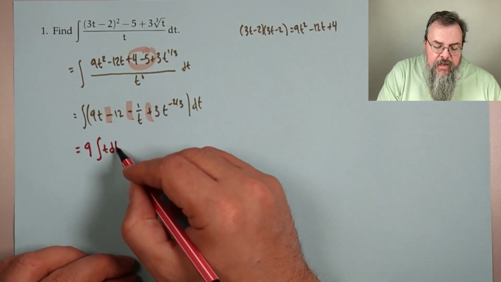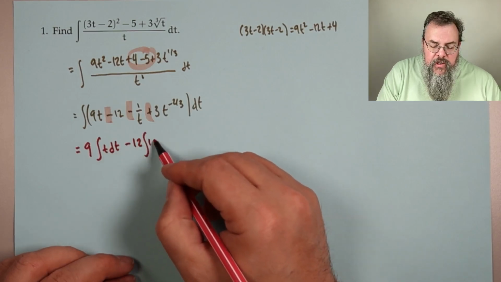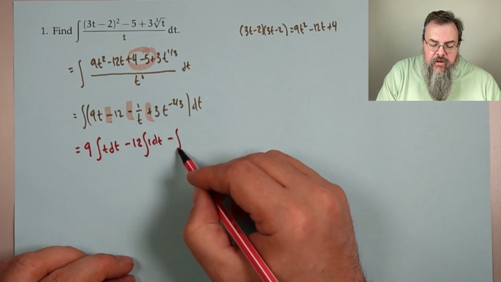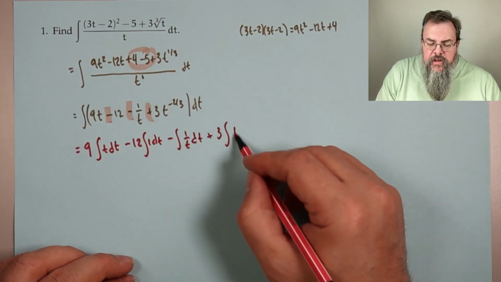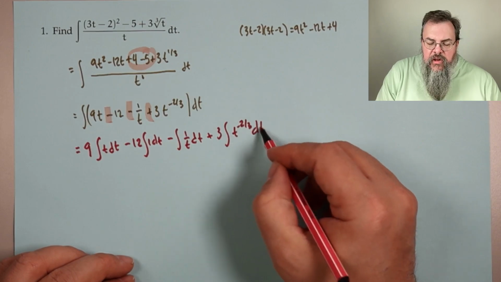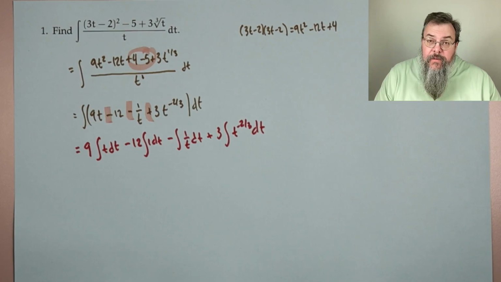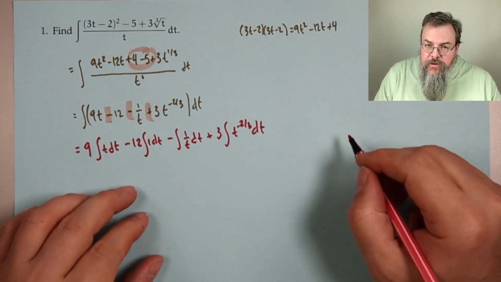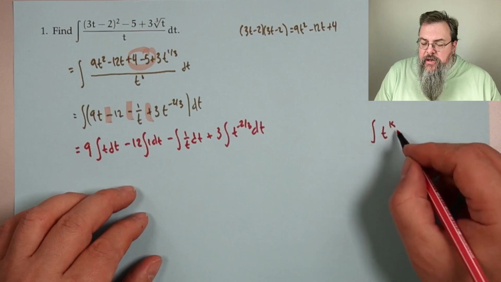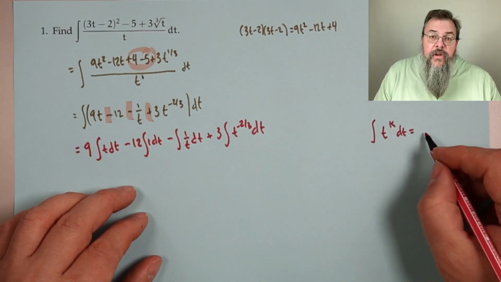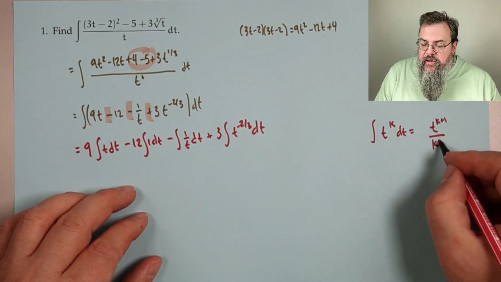So this becomes 9 integral of t dt minus 12 integral 1 dt minus the integral 1 over t dt plus 3 integral t to the minus 2/3 dt. So the idea is pulling it apart. And now we do each one separately. What's our generic rule? Well, our generic rule is the integral of t to some power dt is you add 1 to the exponent